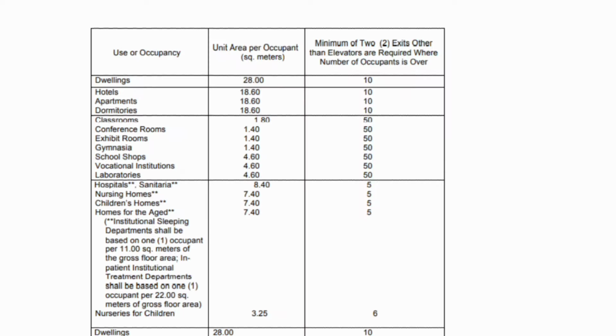So as you can see here in the table, we have the required set unit area per occupant in different types of occupancy. So for example, in a classroom, the unit area per occupant is 1.80. So in order for you to know how many occupant loads a specific room or classroom can accommodate, you can divide the floor area by its unit area per occupant. So usually